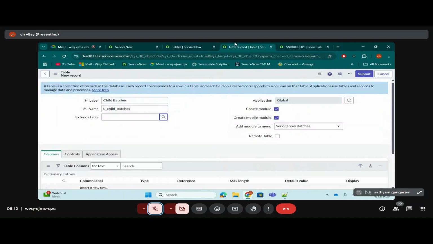What is that criteria? Let's imagine in India, if you want to get married, what is the legal age? There is a criteria, 18 years. You should be a major, above 18 years. The same way in service now also there is a criteria. If you want to make some table a parent table, so in this case I want to make the snow batches table a parent table to any other table. If you want to become a parent, you should get married and be above 18 years in India. In the same way here also, if the snow batches table wants to become a parent to any other table,